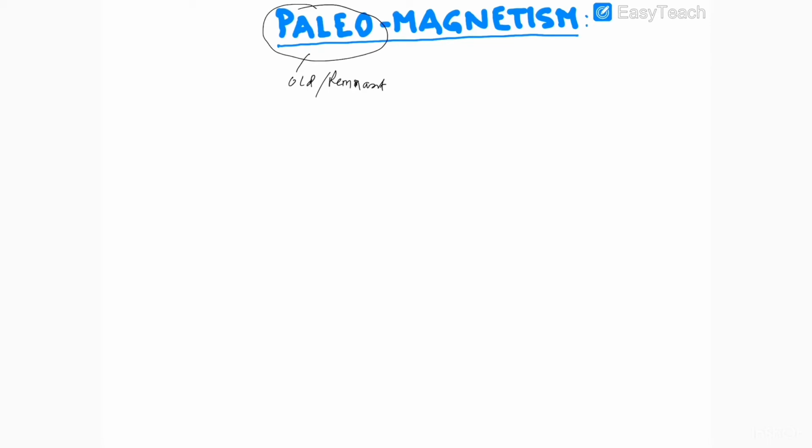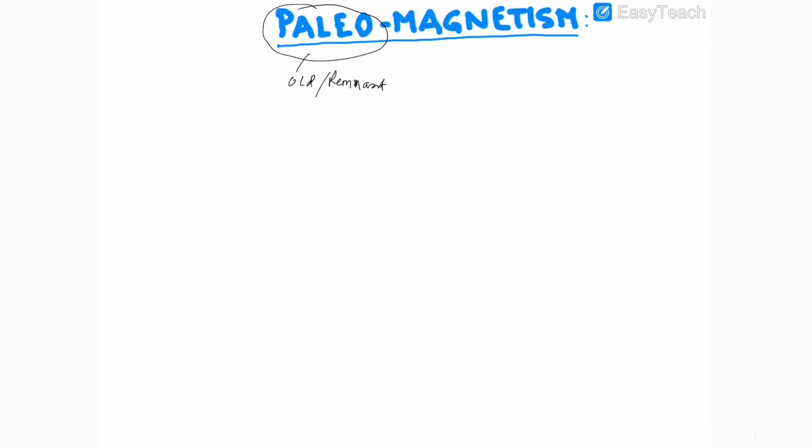Now when the magnetism changes, the lava erupted will always have ferromagnetic materials, iron, nickel, etc. So they will also keep a record of the then geomagnetic orientation, and this record will be kept in the basaltic ocean floor. This is in short about paleomagnetism. How it happens, I will show you with diagrams. Now before that,